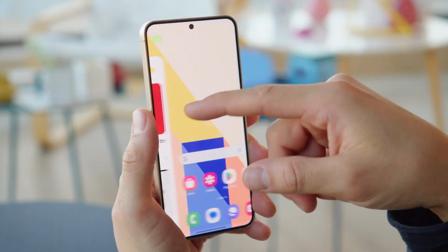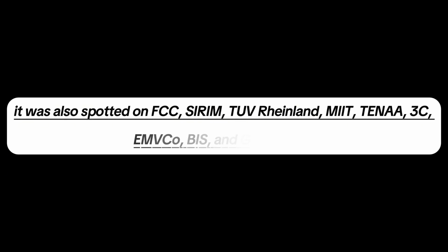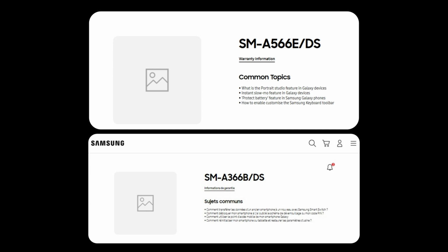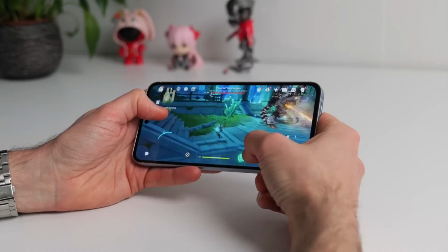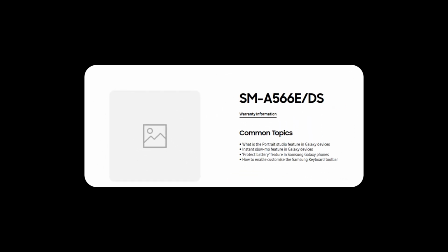The A56 5G in particular has been appearing frequently in certification databases. It was also spotted on FCC, CRIM, TUV Rheinland, MIA Tenna, 3C, EMVCo, BIS, and Geekbench. Now, official support pages for the device have gone live in multiple regions, suggesting an imminent launch. While these pages do not reveal any specifications or even the device's name, the listed model number confirms that it